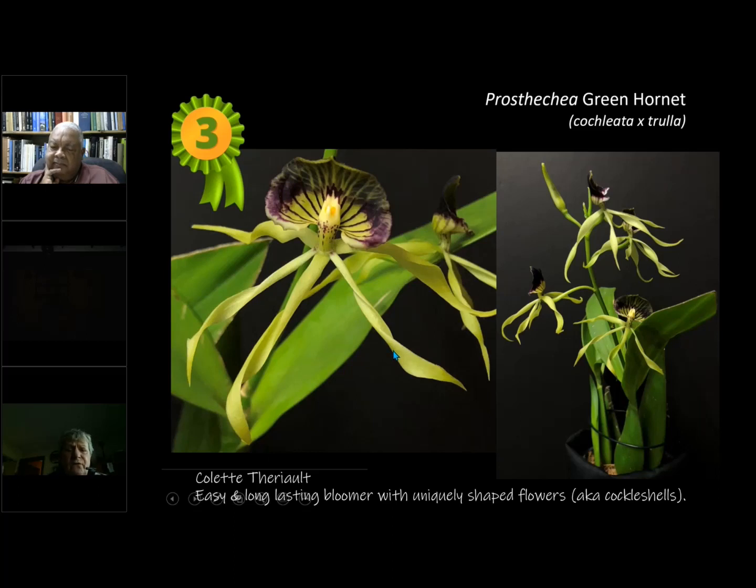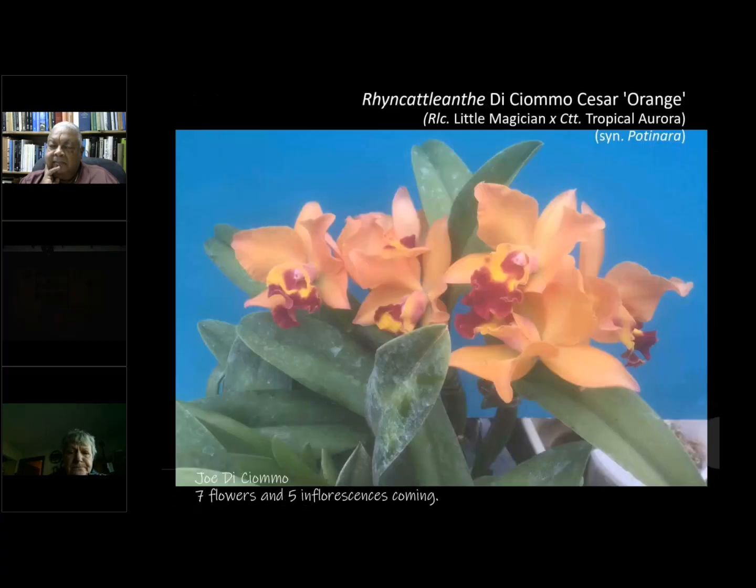And this is a great one for beginners because they're a little bit fragrant. They are sequentially blooming, so they bloom over a long period of time. They're very forgiving of intermediate conditions, grow well in the house, and obviously a very interesting thing to grow and to have. Another one of Joe's plants, 7 flowers, and I guess he means that there's only one inflorescence on this,